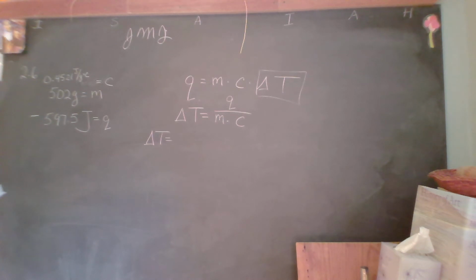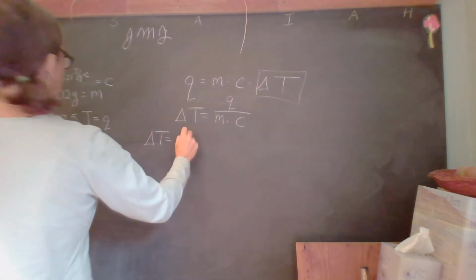Why do I say it's going to be a negative Q? Because it released 597.5 joules of energy, all right? So it is negative